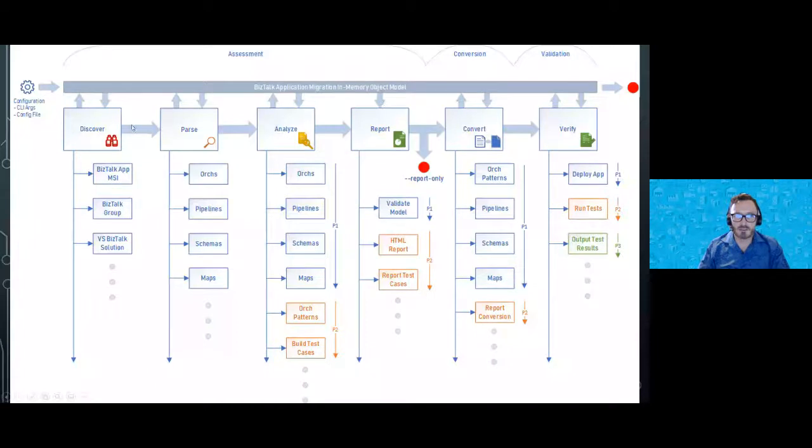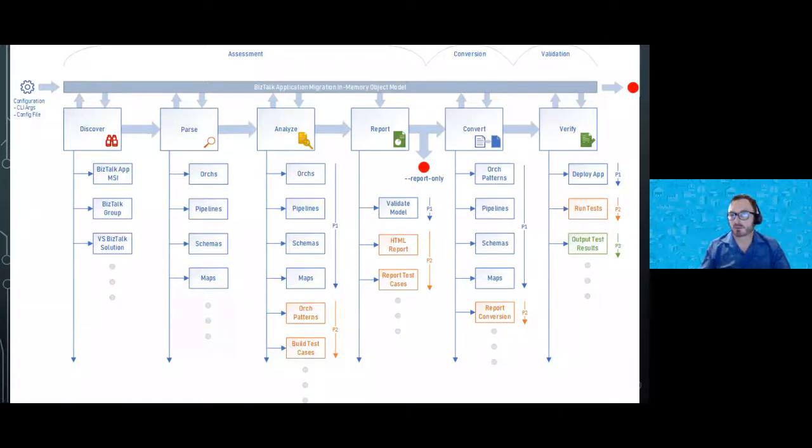So each of these stages, the thing that ties them together, and it makes perfect sense if you think about it, is that you've effectively got a pipeline, but that pipeline is interacting with an object model, so that when we discover things, the fact that we've discovered components in a BizTalk MSI, they get added to the model. Then when we parse them, we break all those components down, and we